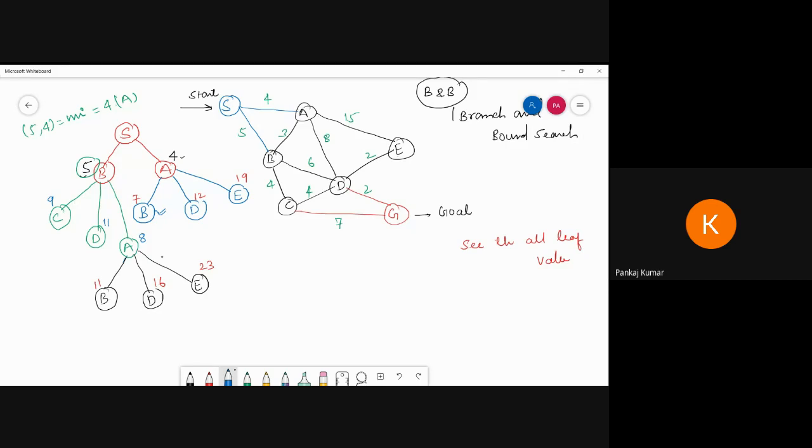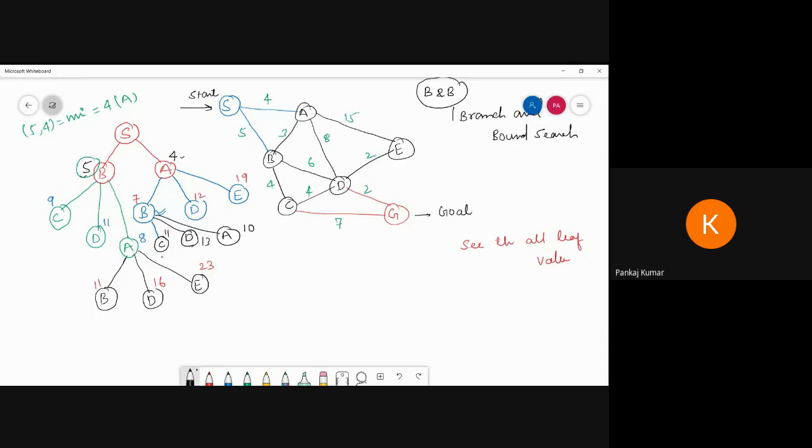Before that, what do we have to do? I am going to explore B again. So I can get C here, then D here, then A here. What values can we get? B to C is 11. B to D is 9. Sorry, 7 to 13, this will be 13, like 7 plus 6, 13. And B to A, I get 7 plus 3, 10.